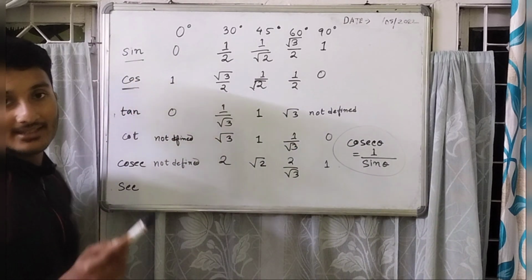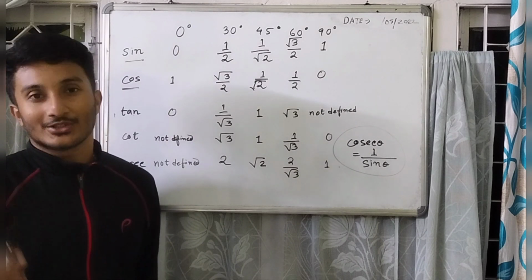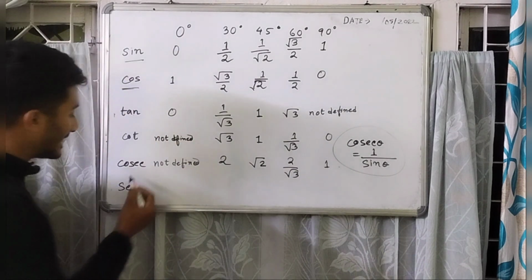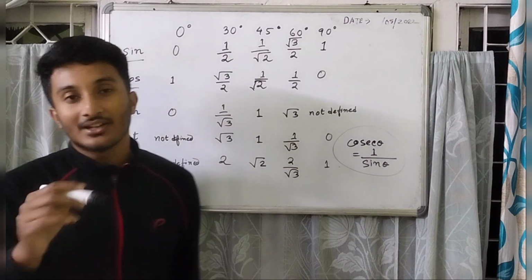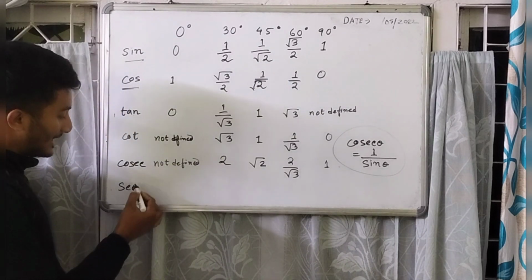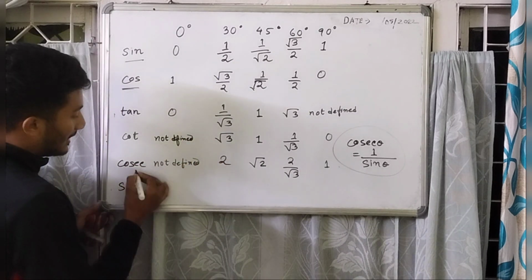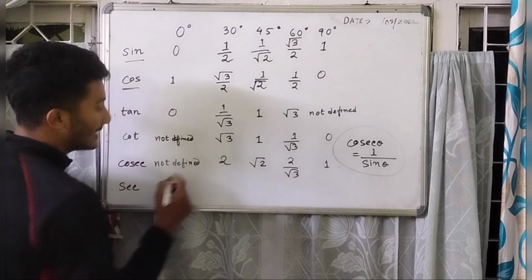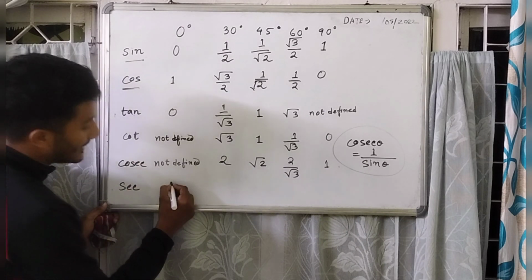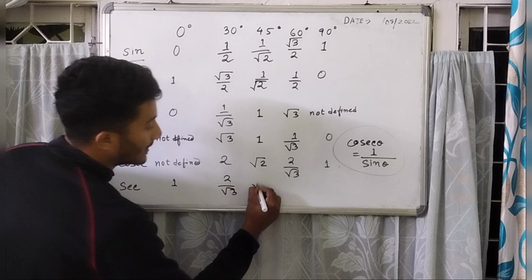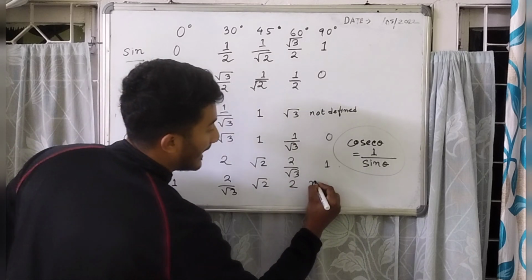Sec theta is nothing but the reverse order of cosec theta. So the relations here are reversible to each other. So cosec theta and sec theta are like in a relationship. So if you reverse this order, then sec theta becomes: here it will be 1, then 2 by root 3, root 2, 2, and